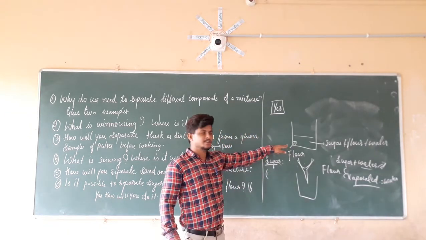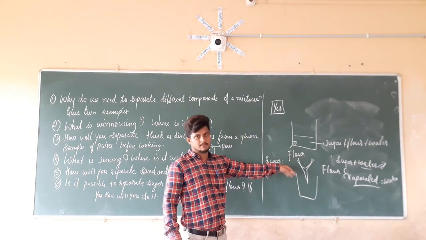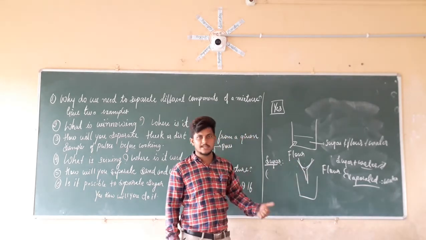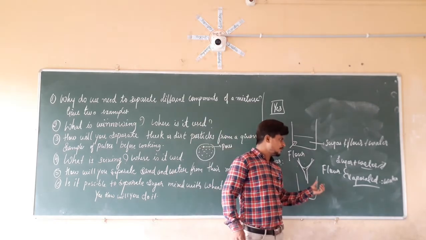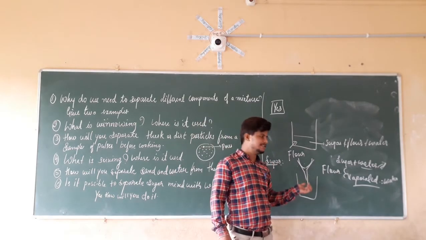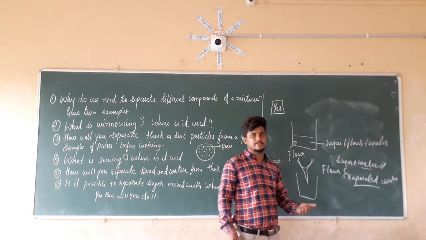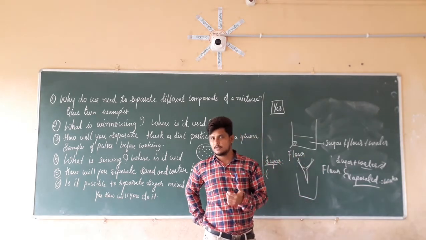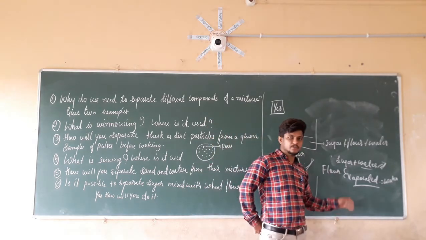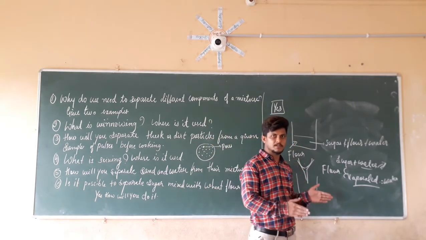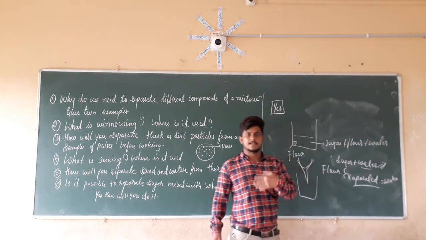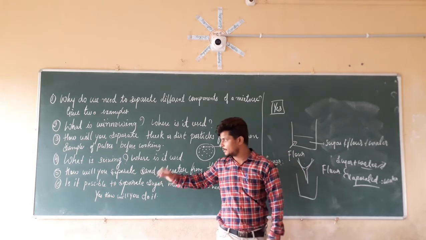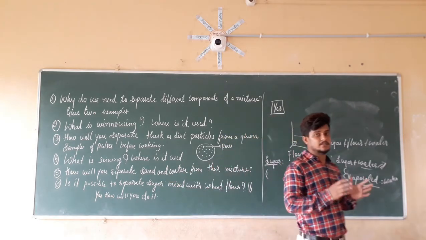First, by sedimentation or by the filtration, we separate the flour from the sugar. Sugar is going to dissolve in the water. The sugar solution mixed with the water is separated by the evaporation method, where water is going to evaporate and there is the formation of water vapors. Those are separated from the sugar. Then by condensation, we are getting the water in liquid form. So this is the answer for question number 6.